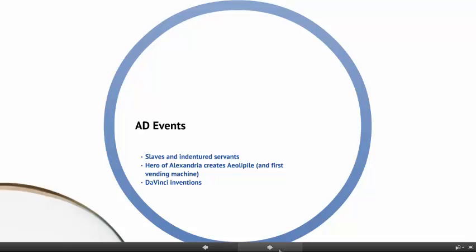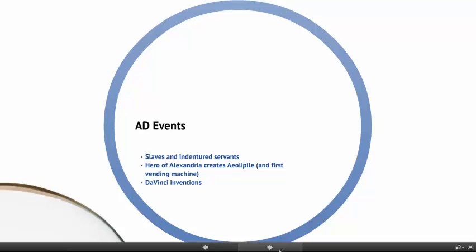And so that's one way of doing that. Heron of Alexandria creates an aeolipile, which was essentially a steam-powered rocket that would spin around, similar to the pigeon, but you could change the speeds based, once again, on the different amounts of pressure that were going on. And then you also had him create what was essentially the first vending machine, so something that could vend different objects based on user input.